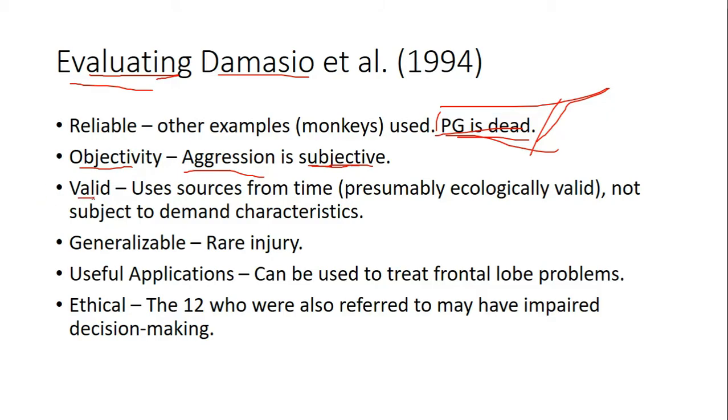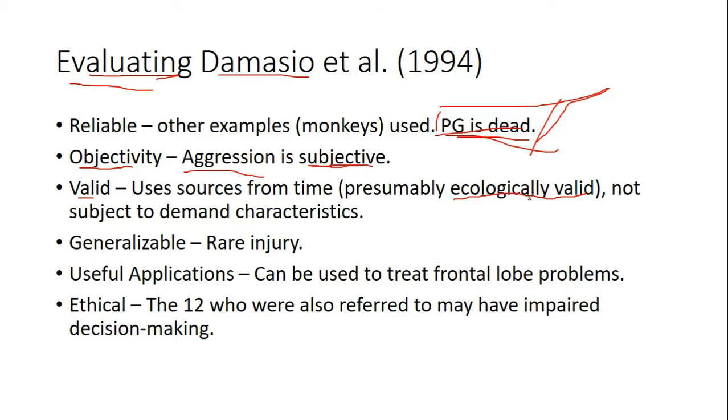Validity. Now, validity, you can sometimes just write validity, brackets, truthfulness in exams because they kind of mean the same thing. It means how true are the results of the study and why. You will come on to different types of validity, for example, ecological validity. There are other types like internal validity, and so on, which we will look at later possibly. So, for example, using sources from the time is presumably ecologically valid. Now, ecologically valid means it's true in a real-world setting. So it's true